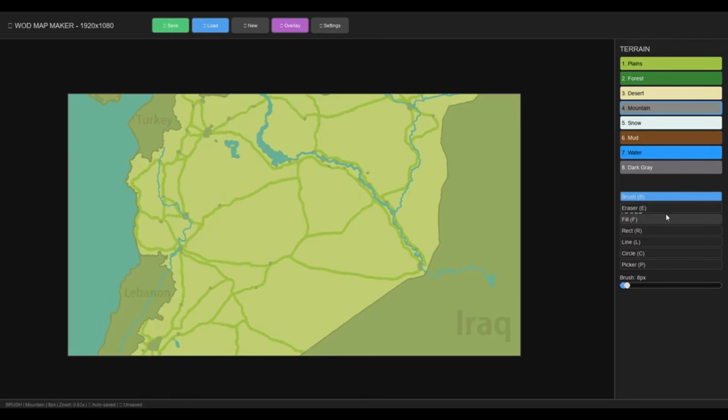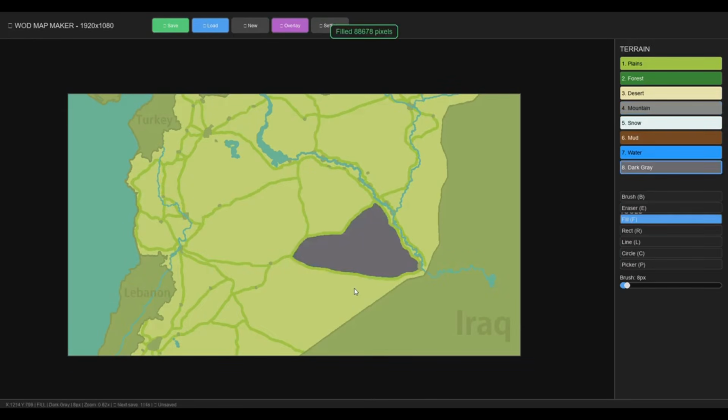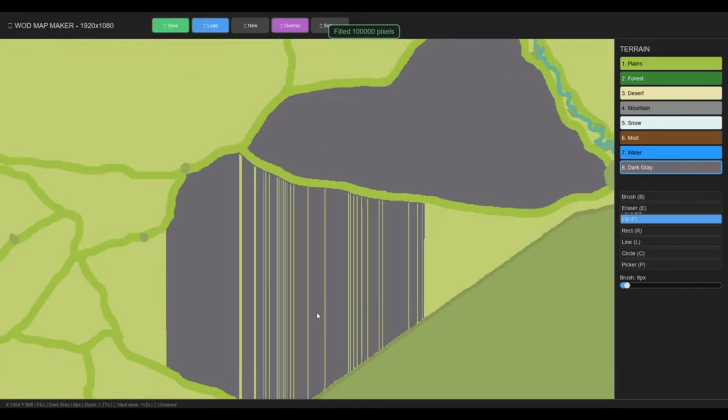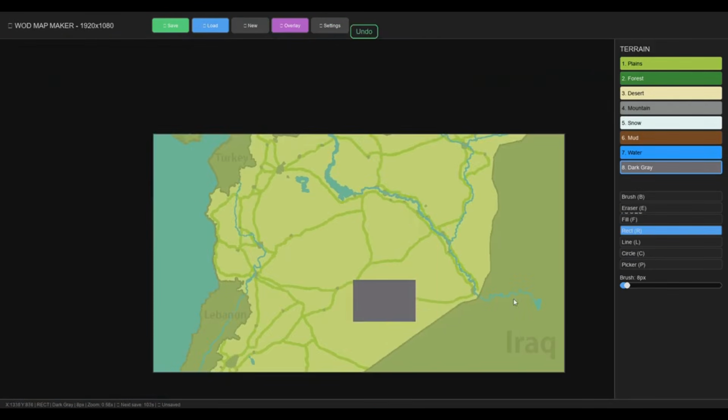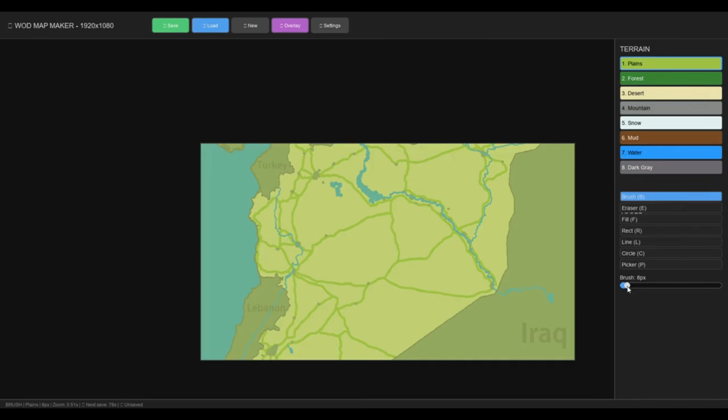There's also, over here, B for brush and F for fill. The filling in this game is a little bad. I don't know why you would want a rectangle, but it's here. There's also a line. Anyhow, the one thing that I don't like about this map editor, I know I'm glazing it a lot, is you can't, like,